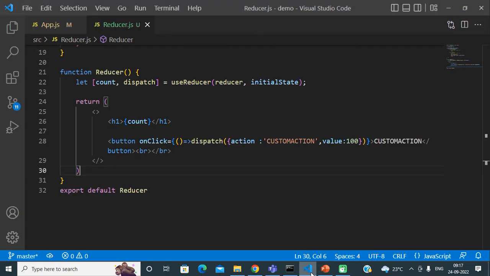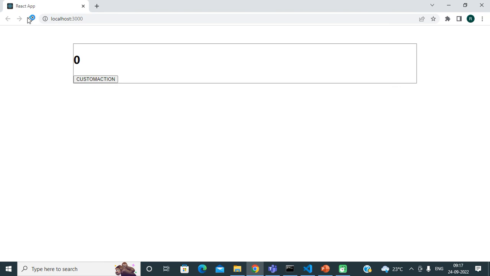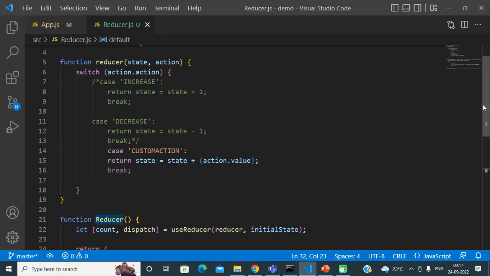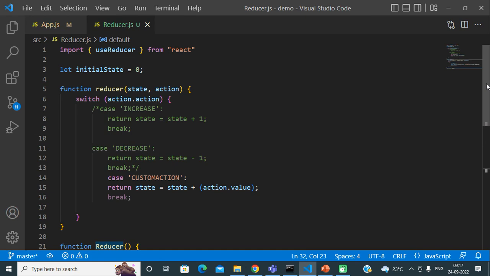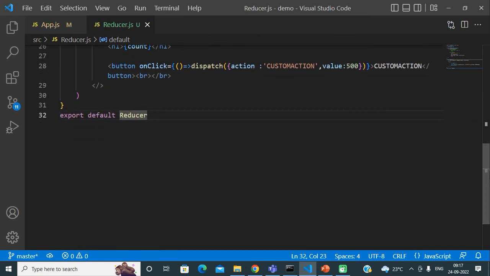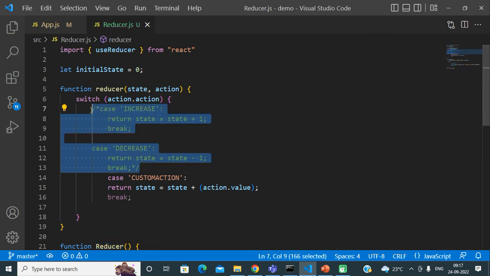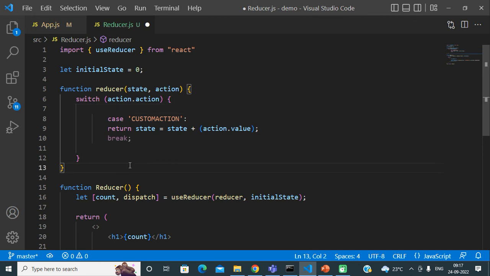If we pass any other data, let's say I change this to 500, and if I refresh my application, you can see 500, 1000, something like that. So friends, this is the useReducer hook. This hook is very useful in complex state management where we cannot go with the useState hook, but the purpose of the useReducer hook is also to create component states, and depending on our actions we update our states and return new states.